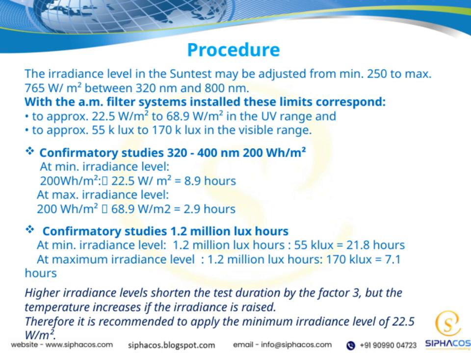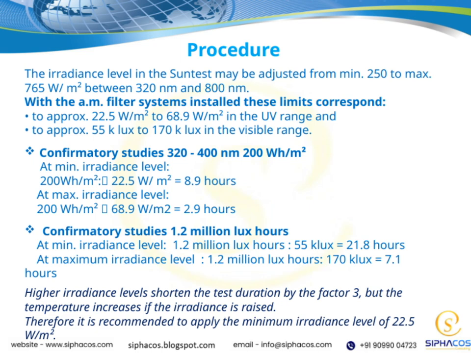It's important to note that increasing the irradiance levels speeds up the testing process by roughly a factor of 3. However, higher irradiance also causes an increase in temperature, which can influence the test results. That's why we generally recommend sticking to the minimum irradiance level of 22.5 W/m² to keep conditions stable and consistent. In summary, adjusting the irradiance levels allows us flexibility in managing test durations, but we need to balance speed with temperature control